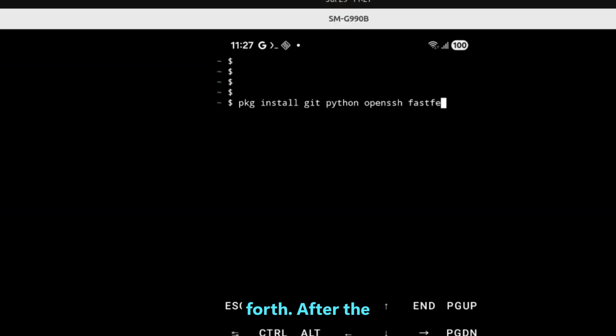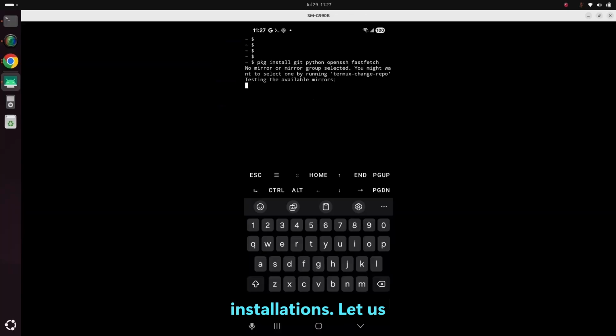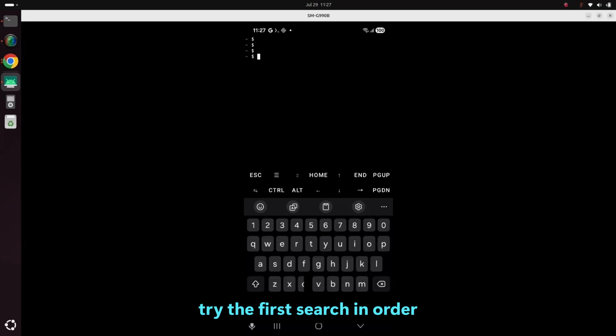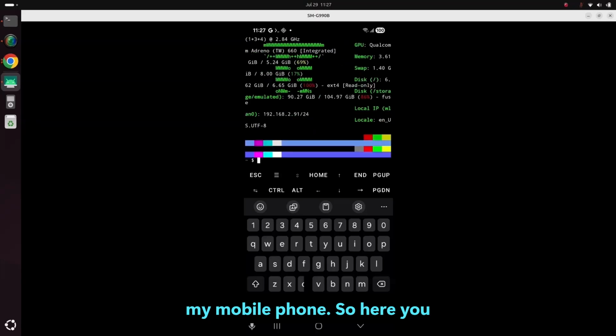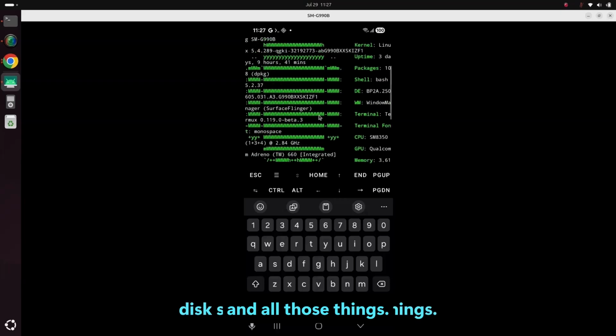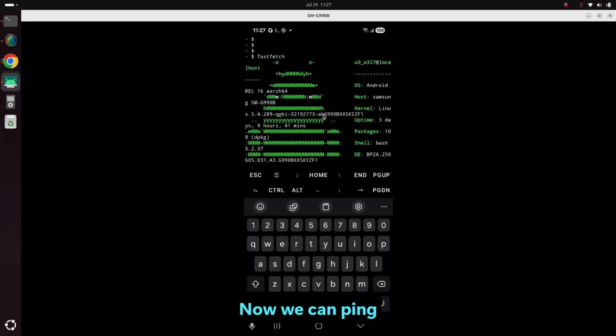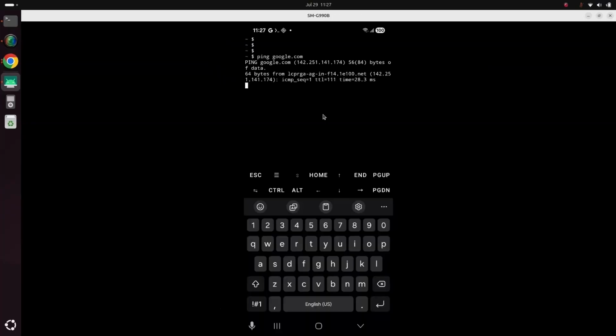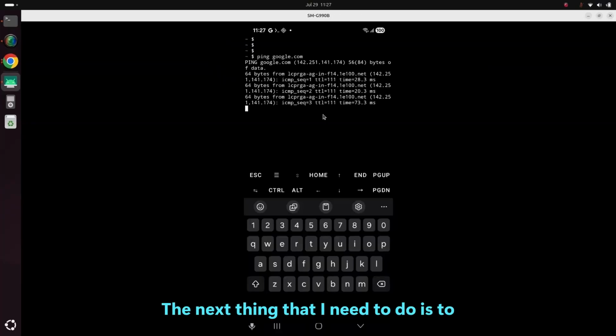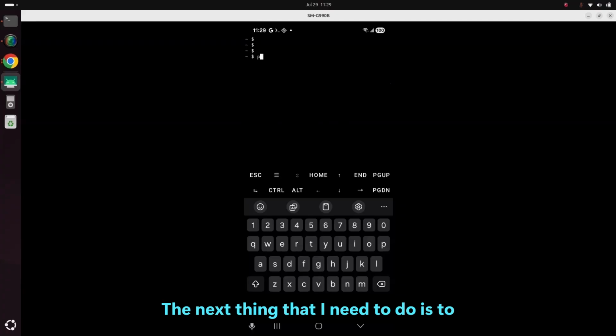After the installations, let us try Fastfetch in order to check all the components of my mobile phone. So here you can see the disk spaces and all those things. Now we can ping websites, for example. The next thing that I need to do is to install